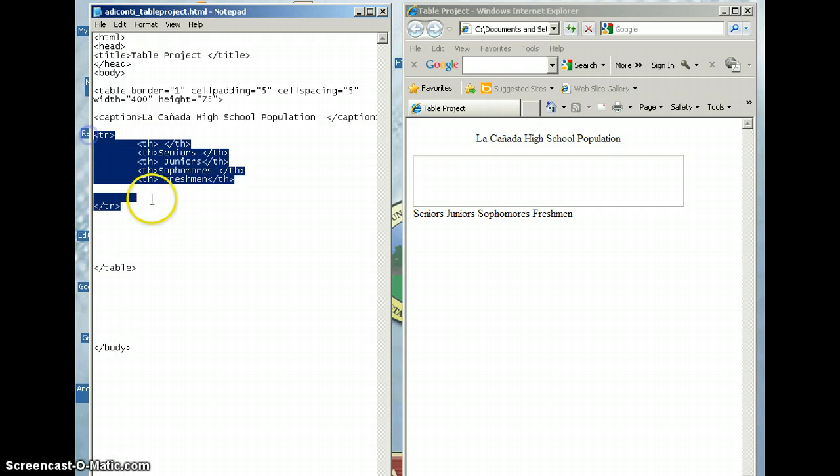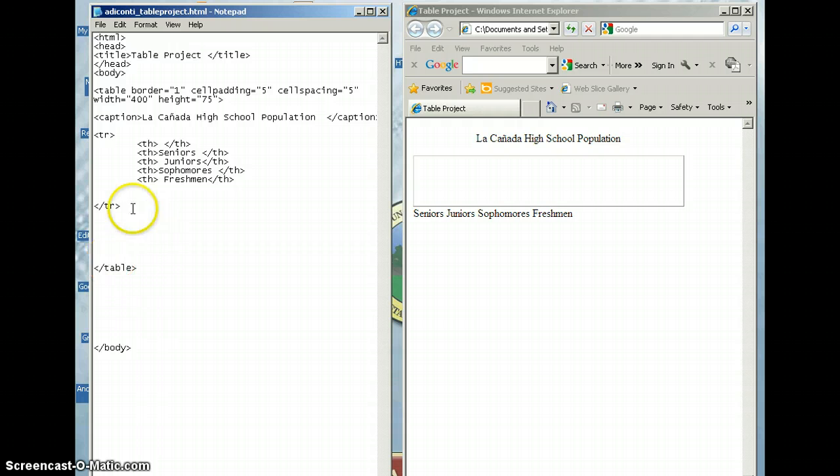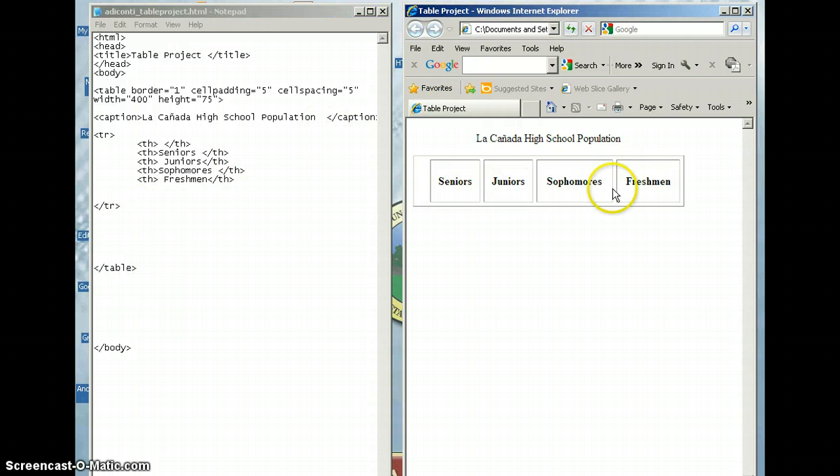Okay, so make sure the table row is inside of that table. I'm going to save it, and there you go. You notice the gap right there. That's because of the empty heading right there. So I'm going to go ahead and you'll understand that later. Now for